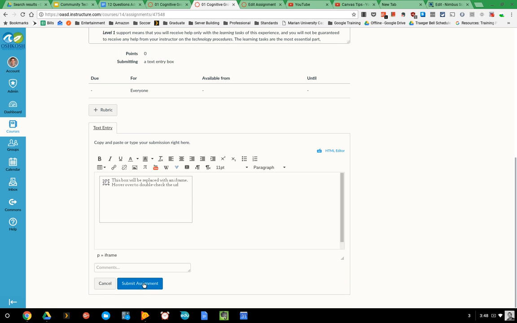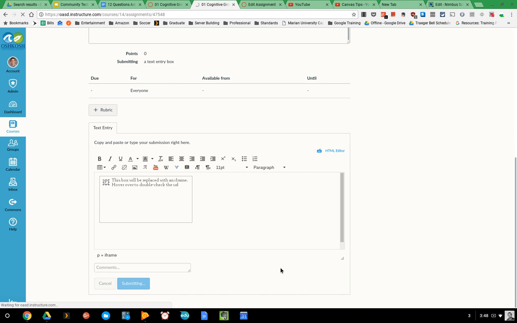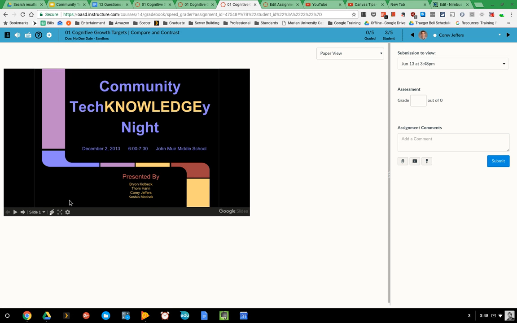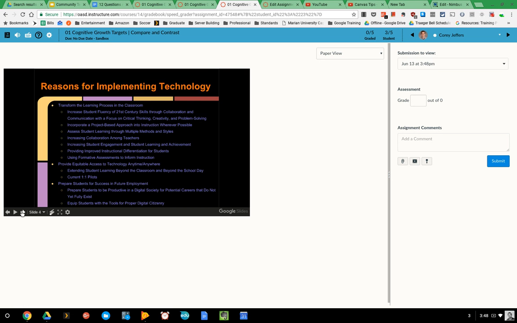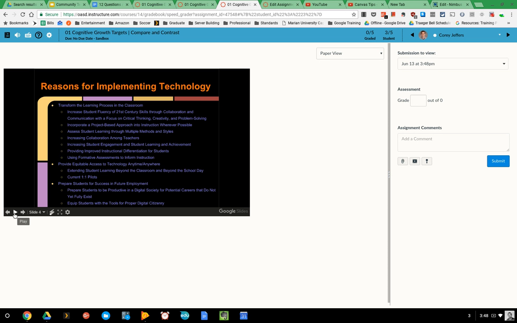So then as a teacher, what ends up happening, once I do get this submitted, is that I have two options now, and I'll show you what both of those look like. So when I click on Speedgrader, my first one, you can see once it embeds, it takes a little bit of time using the LTI tool, kind of circles around there and eventually finds it. And then you get a little bit of a larger screen here that you can slide through. You can try to full screen, and it doesn't actually work when you use the LTI tool. So this is the biggest size that you're going to get, which is a little unfortunate, but it's generally big